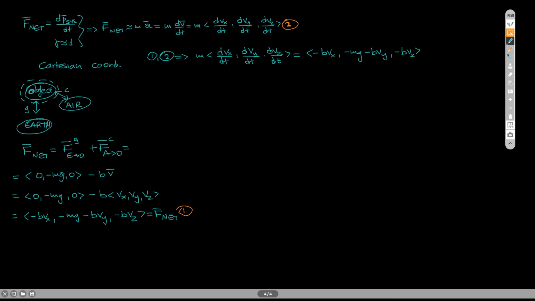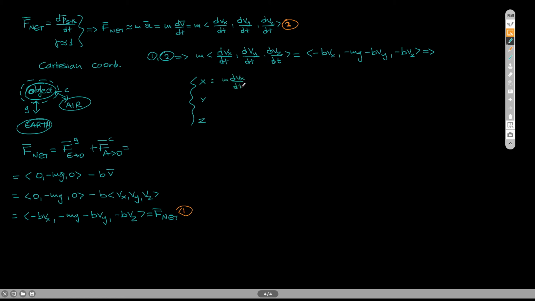Now this is a vector equation. Okay, so I have a vector on the left side, I have a vector on the right side, and this equation is telling me that the vector on the left side is equal to the vector on the right side. For this to be true, every component of the vector on the left side needs to be equal to the same component of the vector on the right side. So this one single equality is gonna give me three equalities, one for each component, the x, the y, and the z. So for the x, I have m